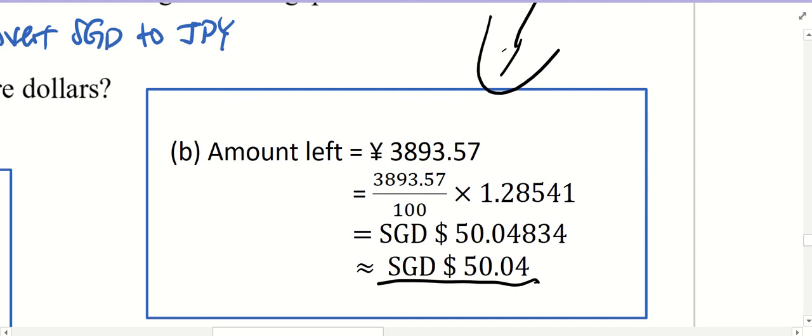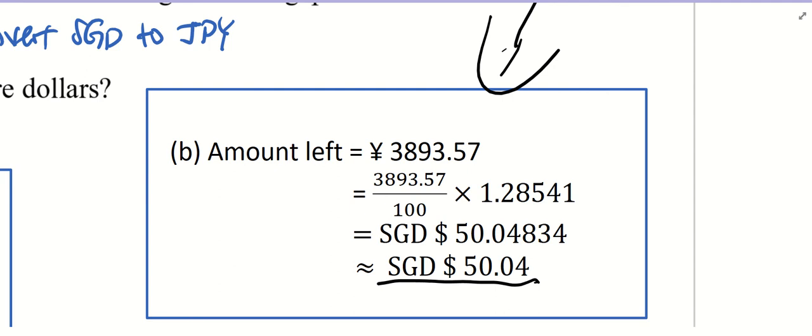So this means he comes back with this amount of yen. He goes to exchange at a money exchanger and he should get back about $50 Sing dollars. When we do this kind of calculation, in this particular question, he gets back $50.04 Sing dollars. But we all know that when we go to the money exchanger, we will always get back